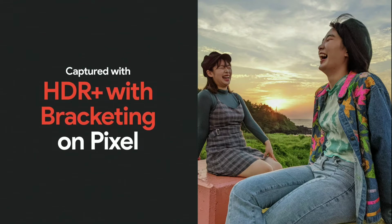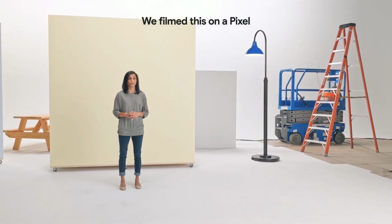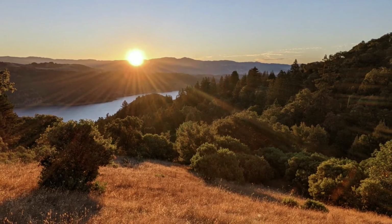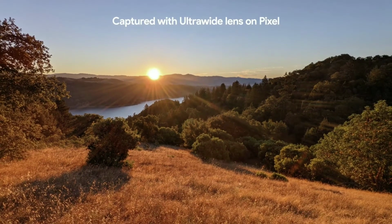has received a serious upgrade, mixing Google novel techniques with traditional HDR techniques like exposure bracketing to help you take even clearer, sharper photos. The new ultra-wide lens on the back lets you capture more of the scene in both your photos and videos. Whether you're capturing a breathtaking landscape or a family get-together, the ultra-wide lens ensures you get